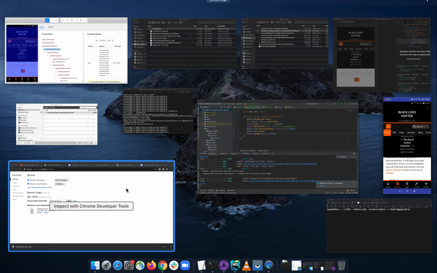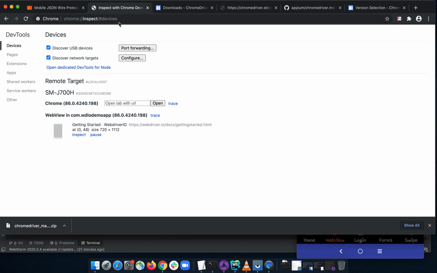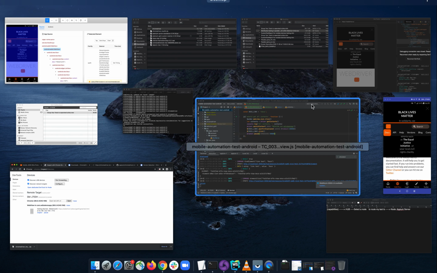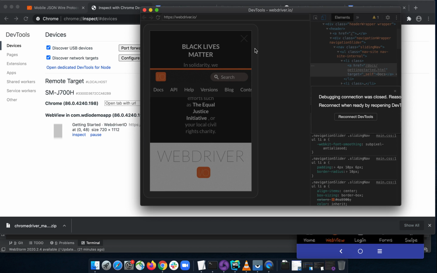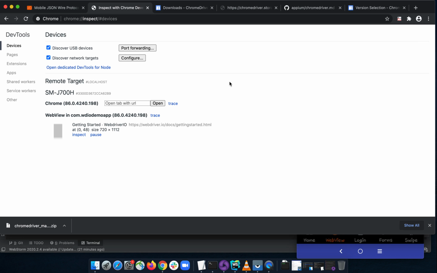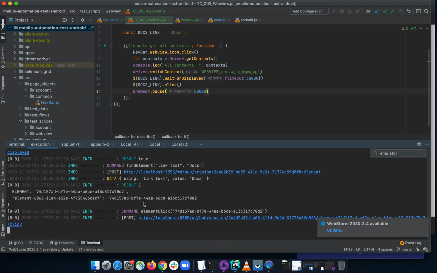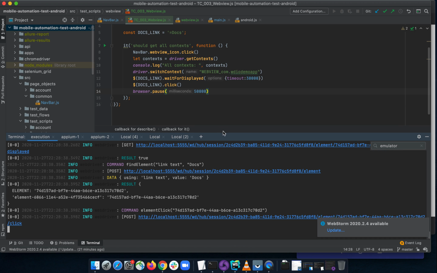You open here from inspect device, and you click on the inspect. That will open another window for you, and you can inspect the element just like you do on a web application, and it's easy. I think you already knew about that. Okay, so try to press it again, and